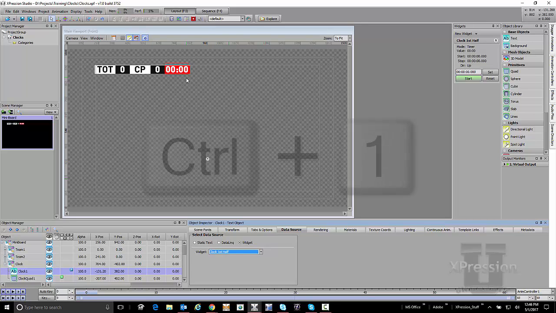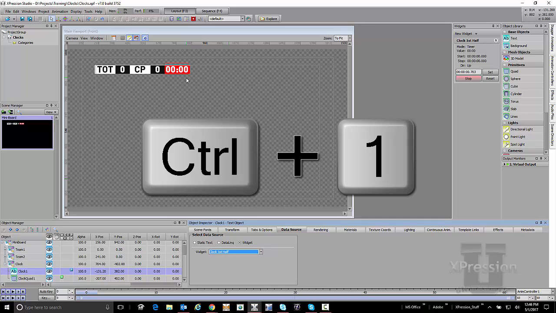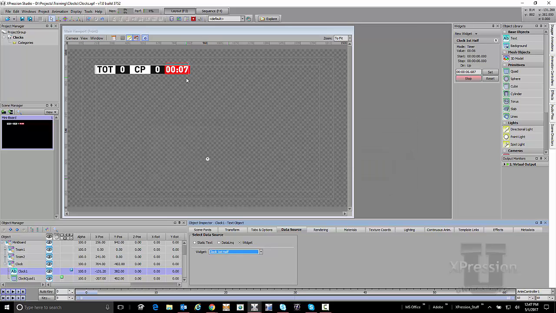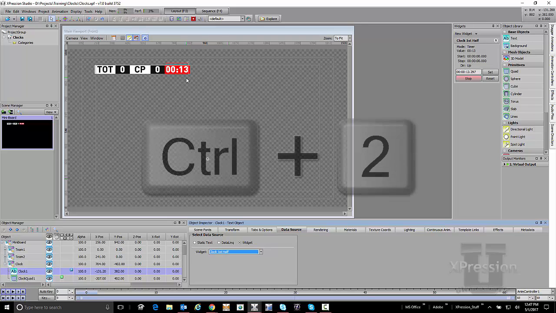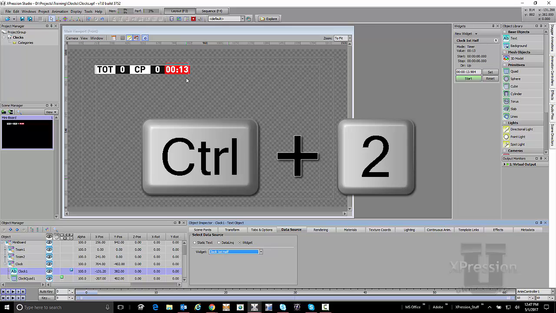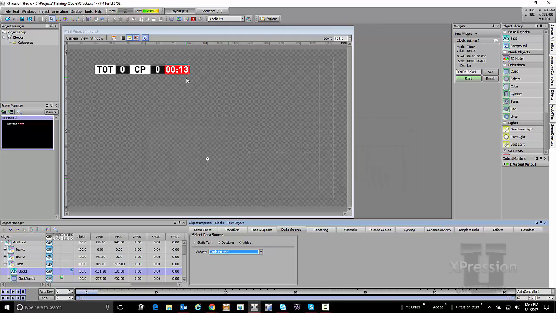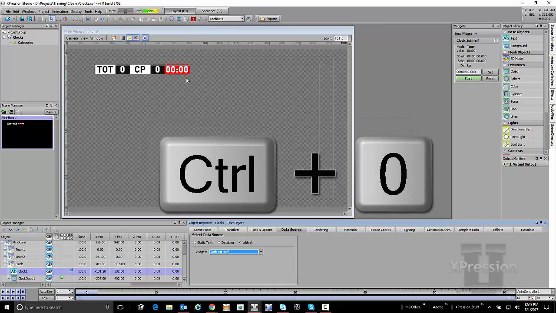Now what I want you to notice, I'm going to reach up on my keyboard. I'm going to point here, but I'm going to press Control 1. And what you'll notice, my clock starts to tick, and you can see that it's counting my seconds going up. I could have also put this with decimal points had I wanted to do that. I didn't at this point, so I'm just leaving it alone. I'm going to do Control 2, and you can see that it stops. I need to do that for the soccer game, and I'm going to do Control 0 to reset it. So that's how I would set up that clock.